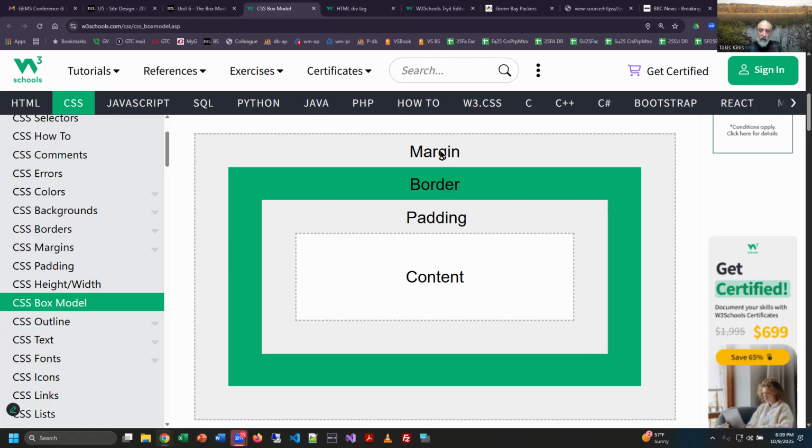And not only can I control each one of those individually for every object or tag on the screen, block level or inline, I can also control each side of each one of those separately. So this gets kind of deep here pretty quickly, but demonstration will help you understand. Basically, for example, if I put a content object on the screen, I'm a really big fan of using